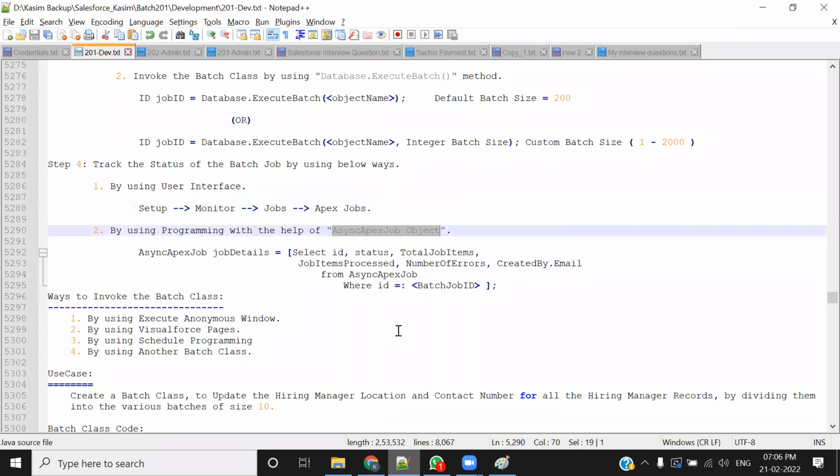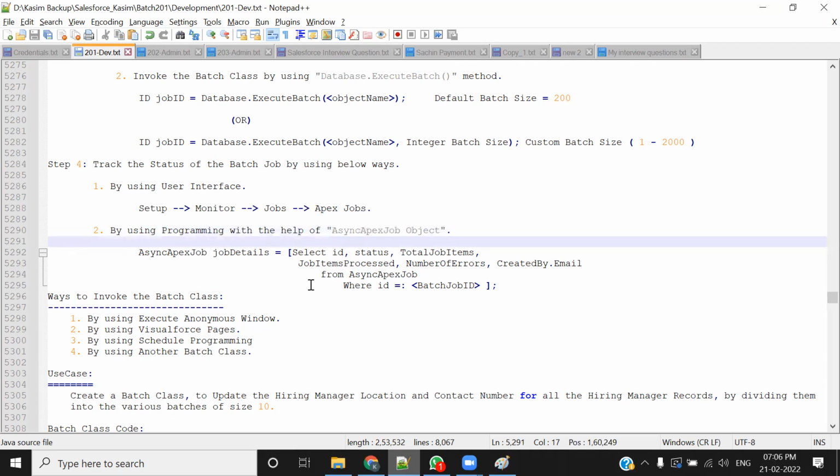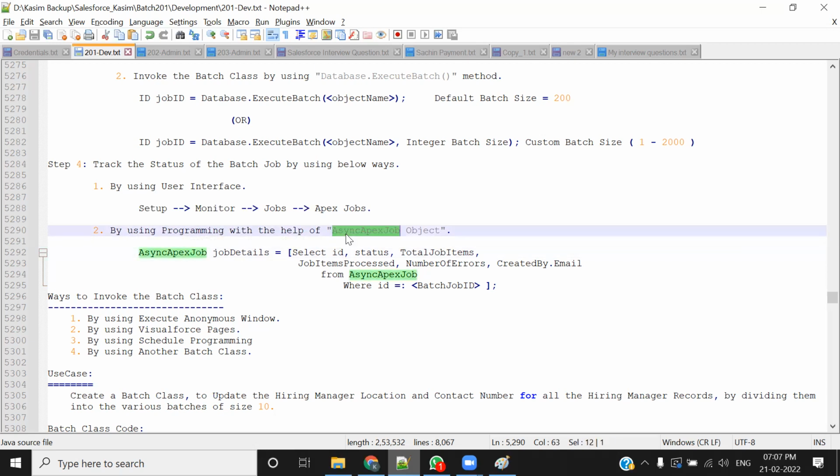असिंक अपेक्स जॉब ऑब्जेक्ट। और ये जितना भी दिख रहा है, आईडी, स्टेटस, टोटल नंबर ऑफ जॉब्स, जॉब आइटम प्रोसेस, नंबर ऑफ द एरर्स, क्रिएटेड बाय, ये सारा एक ऑब्जेक्ट से आ रहा है। मतलब जब बैच एग्जीक्यूट होती है, तो उसका रिजल्ट जिस ऑब्जेक्ट में स्टोर होता है, उसका नाम है असिंक अपेक्स जॉब। असिंक अपेक्स जॉब नाम का एक ऑब्जेक्ट है।